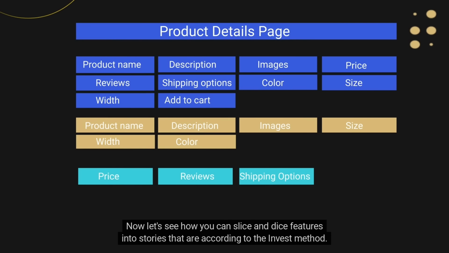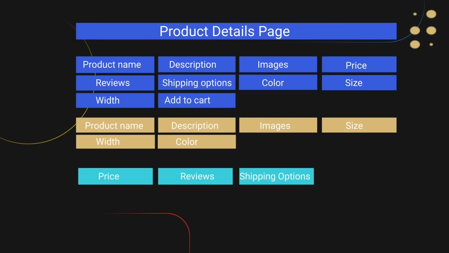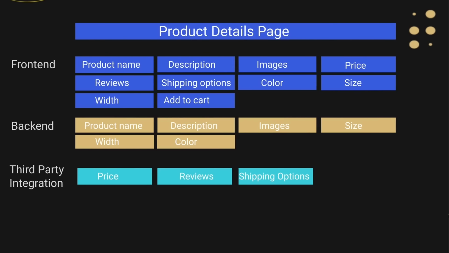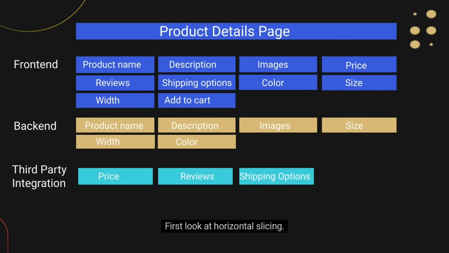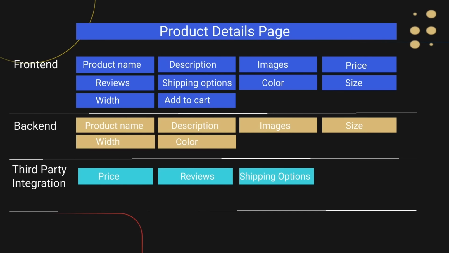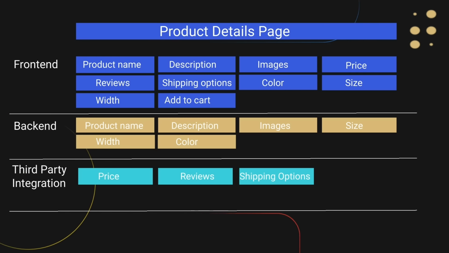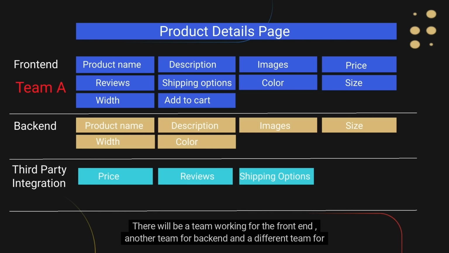Now, let's see how you can slice and dice features into stories that are according to the invest method. You could use horizontal or vertical slicing. First, look at horizontal slicing. We can slice this affinity diagram according to the systems. With horizontal slicing, we work on one system at a time, or different teams work on different systems. There will be a team working for the front end, another team for back end, and a different team for